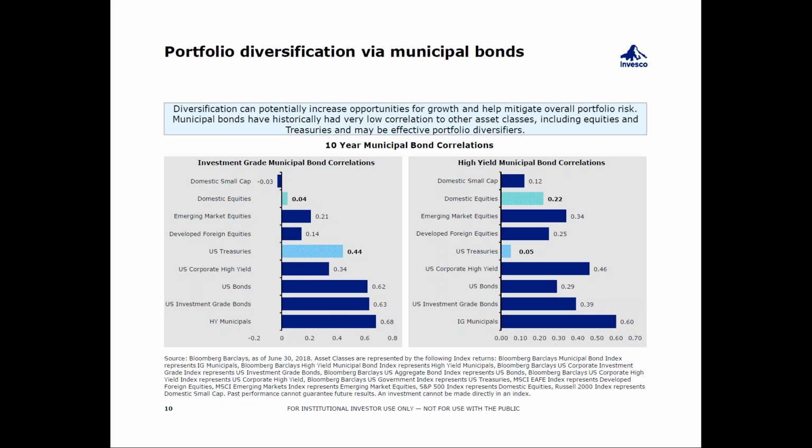On the high yield side, we have a bit of a flip-flop there, where you'll have a slightly higher correlation to equities at 0.22 for the S&P, and then just 0.05 to U.S. Treasuries. So really what they've come to learn is that munis are a pure play on the U.S. economy. They find that they own so many different bonds, whether they're U.S. corporate bonds or even other securities that have some exposure, whether directly or indirectly, to the U.S. stock market, and also show such high correlations to